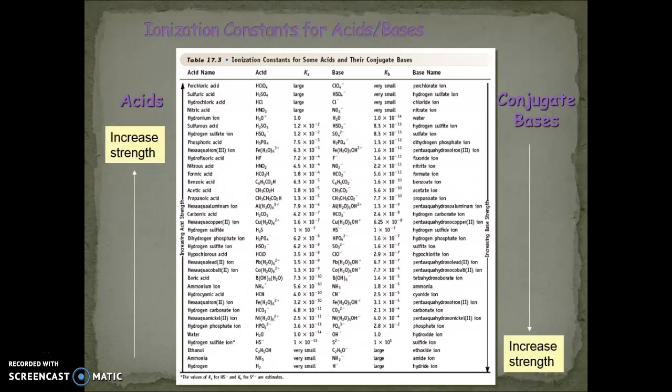Ionization constants for acids and bases: one of the appendices on the website has this, and your textbook probably has a pretty good version of this. You can see perchloric acid, one of the very simplified tables that I showed you in the first set of videos, but now we've got Kas and Kbs here. If you have a strong acid, it's got a large Ka, so large that it's much, much larger than 1. Its conjugate base is going to be so weak that